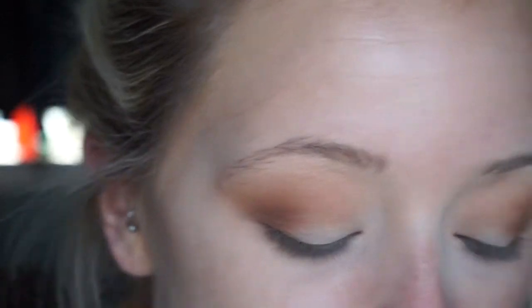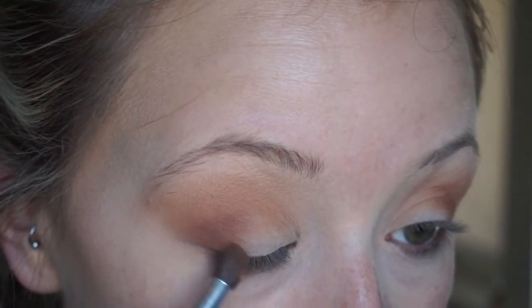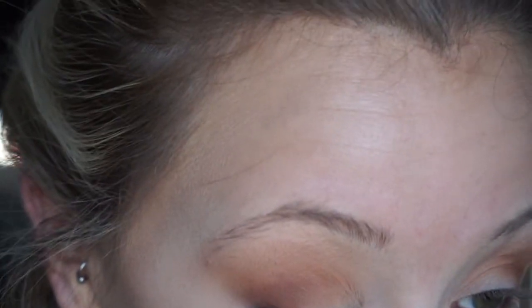So next, I'm going to take this shade Cocoa Bear. This is by Makeup Geek, and I'm going to take that same e.l.f. smudge brush and focus that in the outer corner again, because